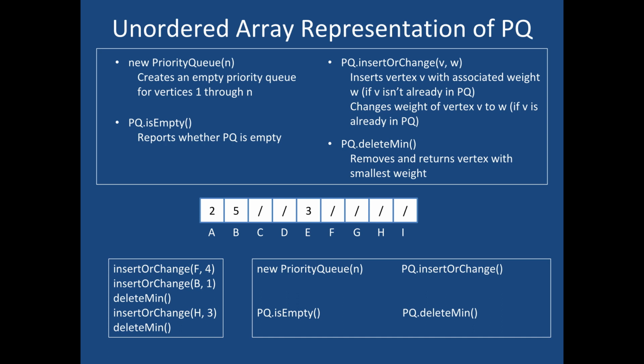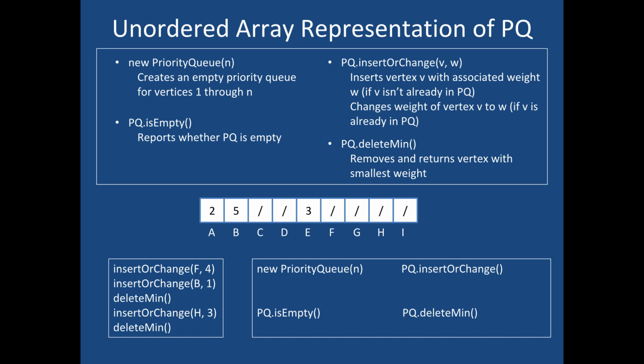So notice, imagine this is a priority queue, and this says A's weight is 2, B's weight is 5, E's weight is 3, and these other things aren't even on the priority queue. So essentially, we're using the vertex as an index into the array. To create the empty array, we just have to store a bunch of nulls in it. To test whether it's empty, somehow, off on the side, we've got to keep track of how many elements there are in there,